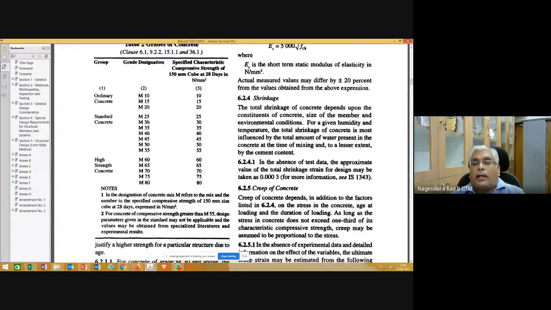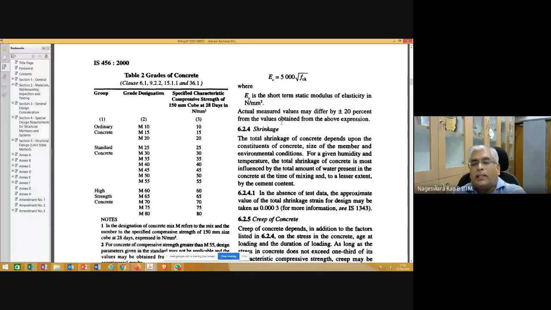Grades of concrete. What kind of grades of concrete can you actually use? You need to do mix design. And whatever grades IS 456 is directly giving the proportions in which you need to mix. So for what grades?